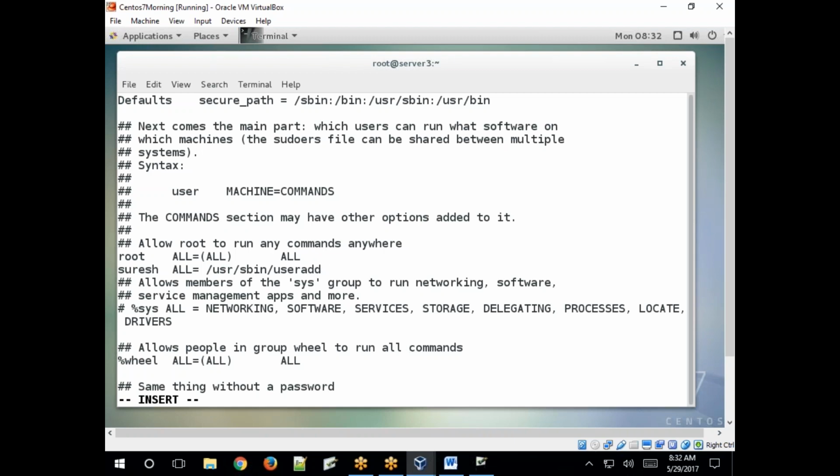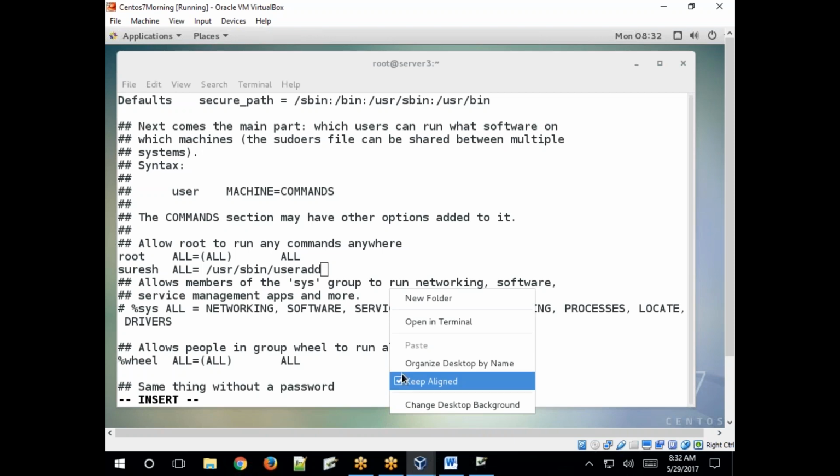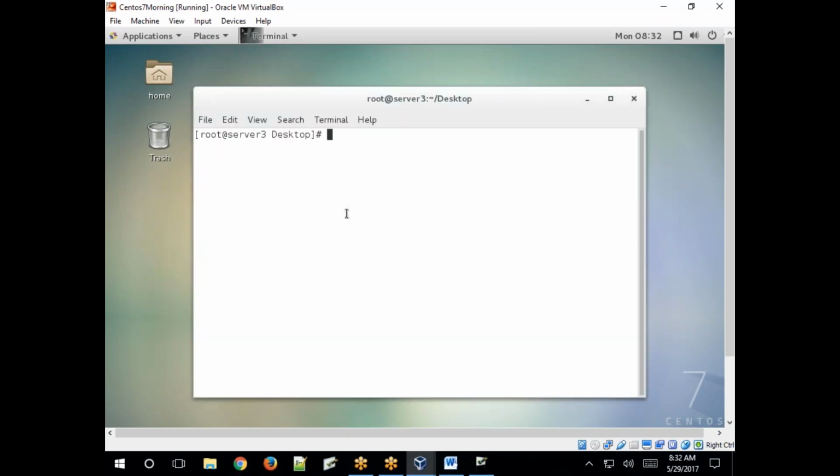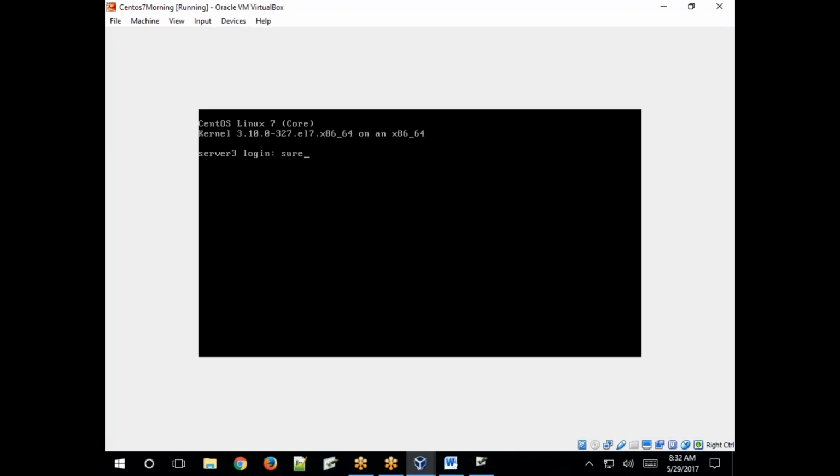Before saving, first execute the command. Log in to the Suresh user account and try to create a user with useradd, for example a user file created. Why was it allowed already?